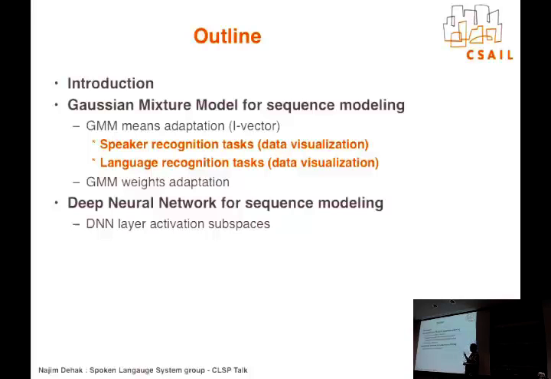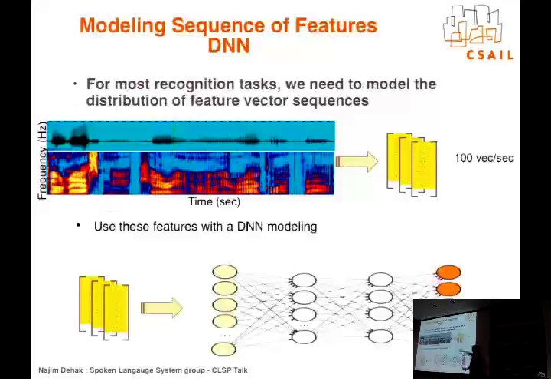But here, when I was working on GMM weights, the DNN hit, so I had to switch a little bit and work on the DNN and then the I-vector. So take that idea, but now apply it to the DNN. Yes. So the idea here is similar to earlier. You have a stream, you got features, and then rather than having a GMM, you have a DNN that will do something. For example, if you want to do language ID,